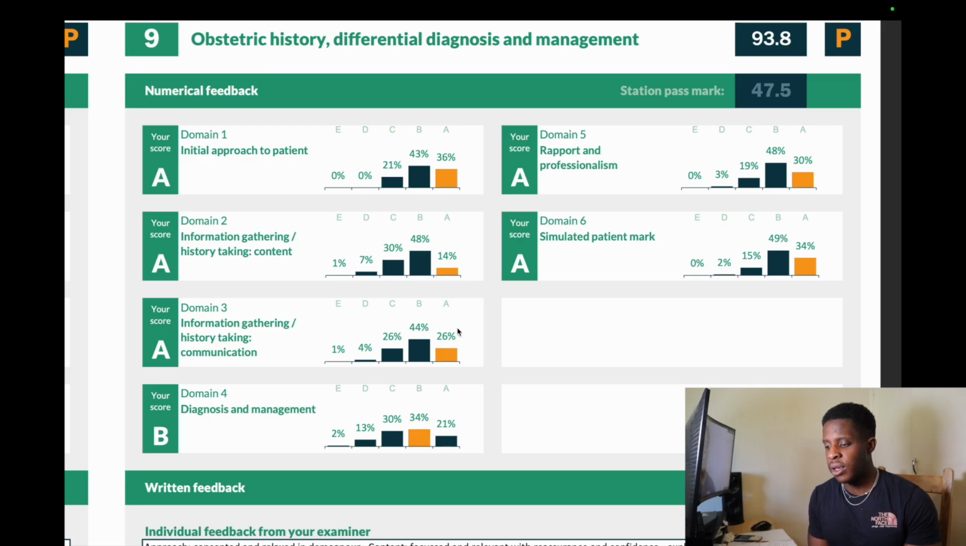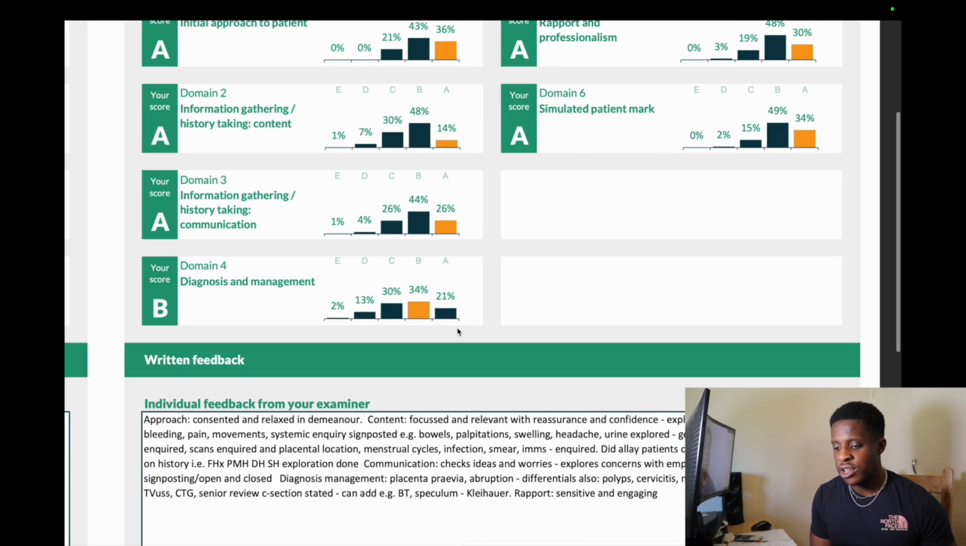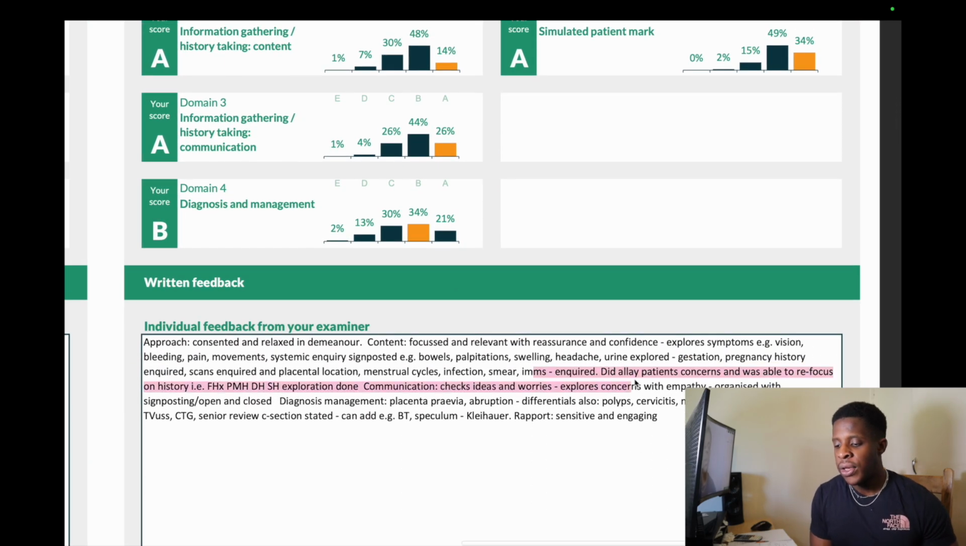Checks ideas and worries, explores concerns and empathy, organized with signposts and open and closed questions. Diagnosis: placenta previa, abruption. Differentials: polyps, cervicitis, neoplasm can be offered. And then in terms of management, transvaginal ultrasound, CTG, senior review, C-section stated. Can add BT, speculum, Kleihauer test, and